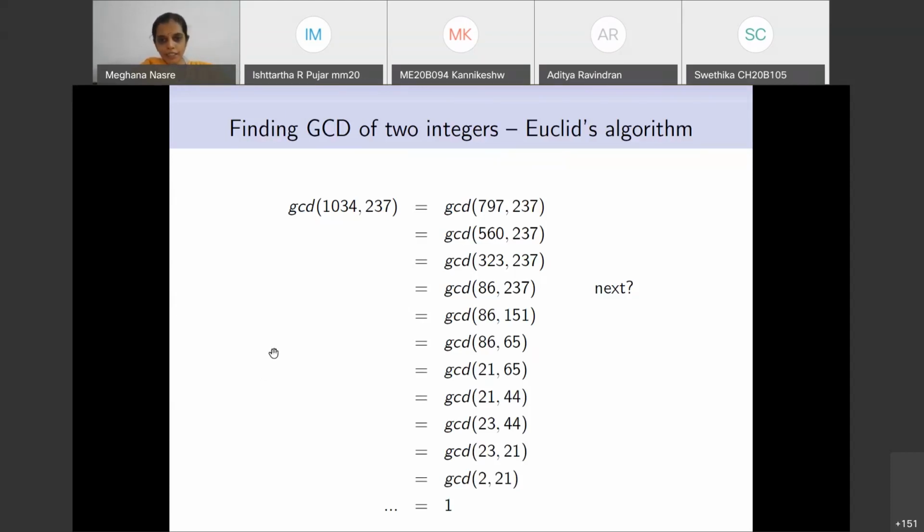You may realize it much earlier than me. You may realize it at 2185, or you may actually realize it at 1034 and 237. But at the place where you see familiar numbers and you know the GCD of them readily, you just stop and output the GCD. This is a very powerful idea, and we'll see what it means by it being powerful. But is the idea clear? Any questions or comments?